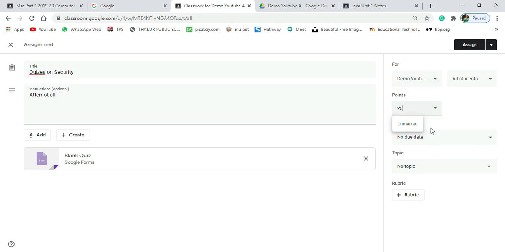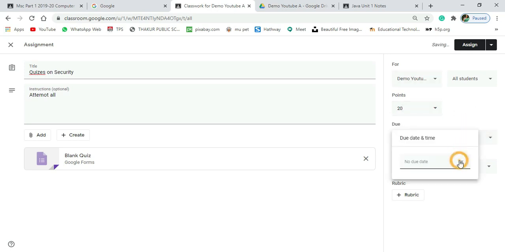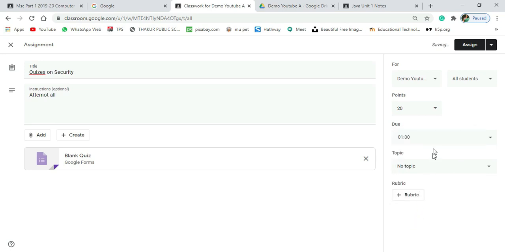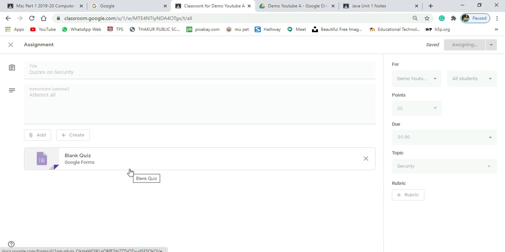For example, I'm giving 20 marks, and I want to give a date to this quiz, for example 12 o'clock or 1 o'clock. And topic, it's security related, and then click on assign. So a quiz has been assigned to students, and they can attempt it.